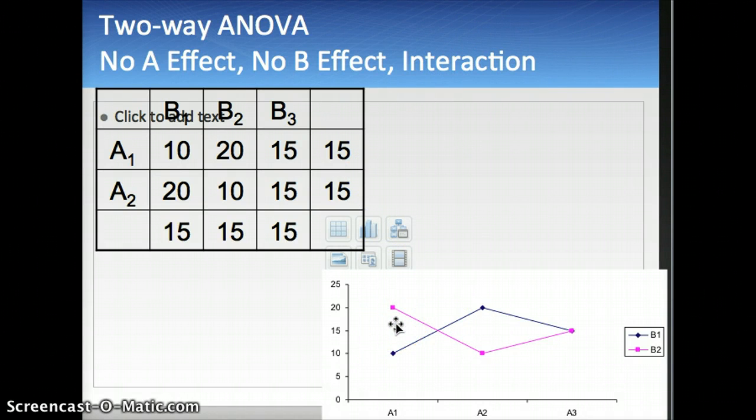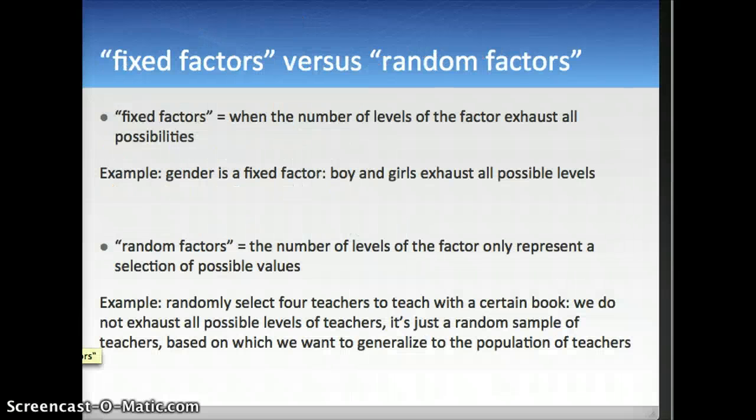You can spot interaction by looking at the graphs. Often when the lines cross you have an interaction, or when they fan together like this, or if they fan out like this. So we can look at graphs to interpret the meaning. Then another topic is